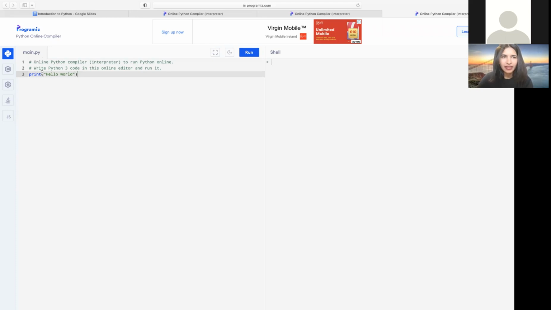This is a starter file that is already created. So this is our playground now, and we can start writing our code here. Before we start writing the code, we want to write what exactly this program is about. There's a way to make some notes in the program while we write it.